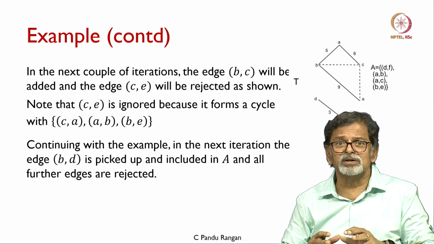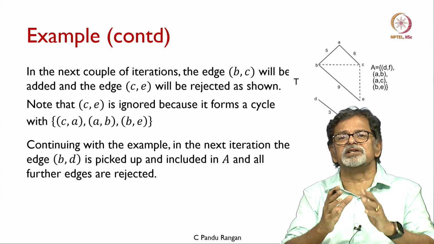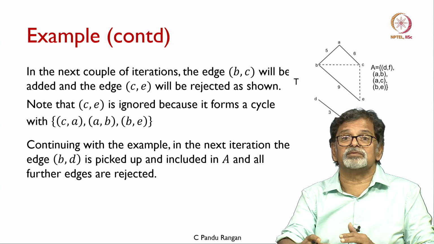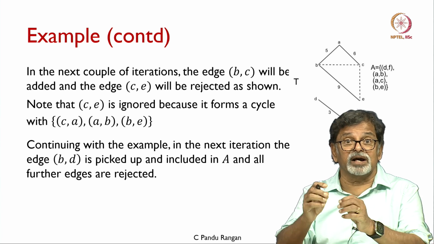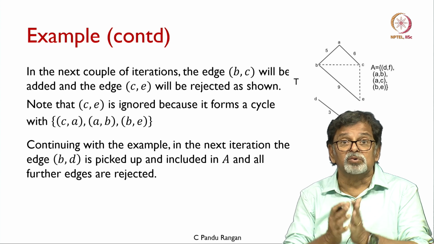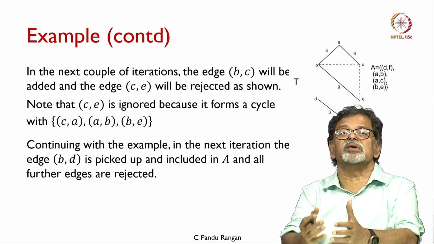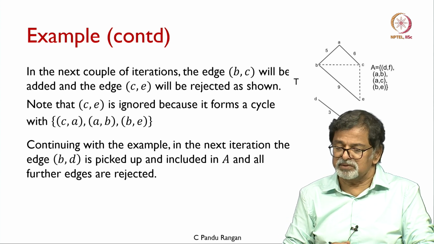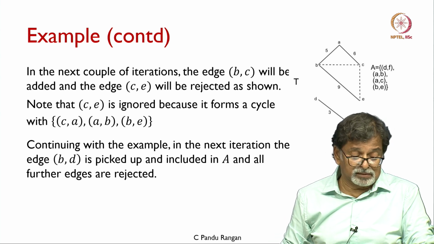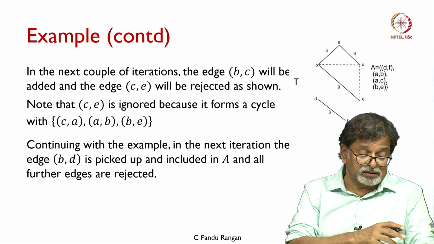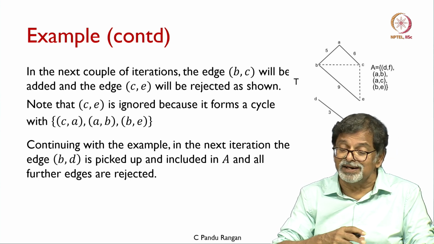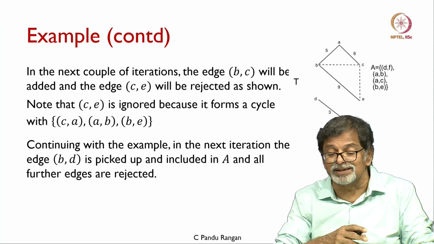But right now, to show which edge is included and which edge is ignored, I have shown the dotted lines, and when I have drawn the dotted line, you can see even the cycle that is formed. You could see the reason why I have ignored that particular edge. So, I include BE, and in this way we can continue and then see the edges that are included and the edges that are